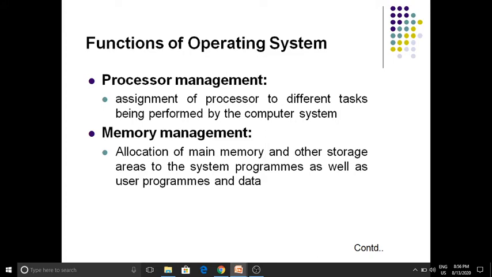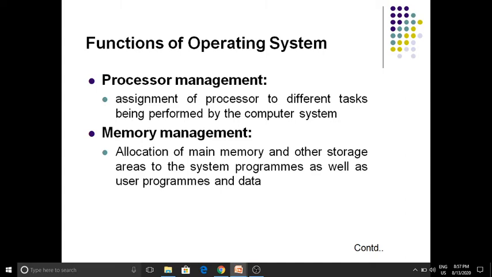Students, memory management: allocation of main memory and other storage areas to the system programs as well as user programs and data. This is the second function of the operating system; it manages the memory.